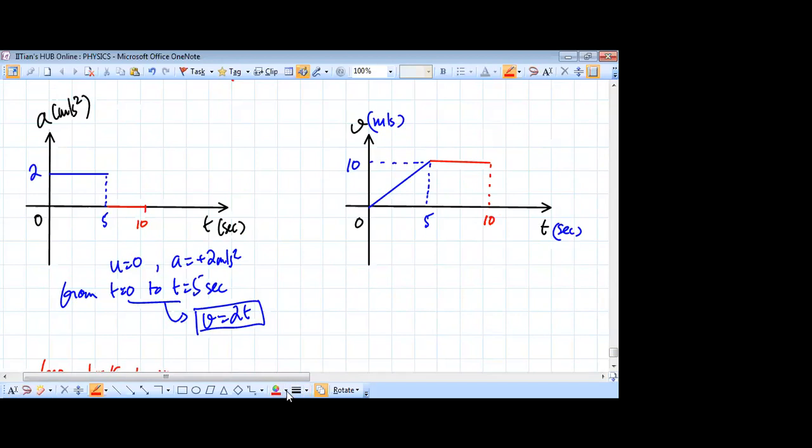And then the final part of the motion, the acceleration is uniform, but at what value? A negative value. So from 10 seconds to 15 seconds, let's say that's over here. The acceleration has a uniform value of minus